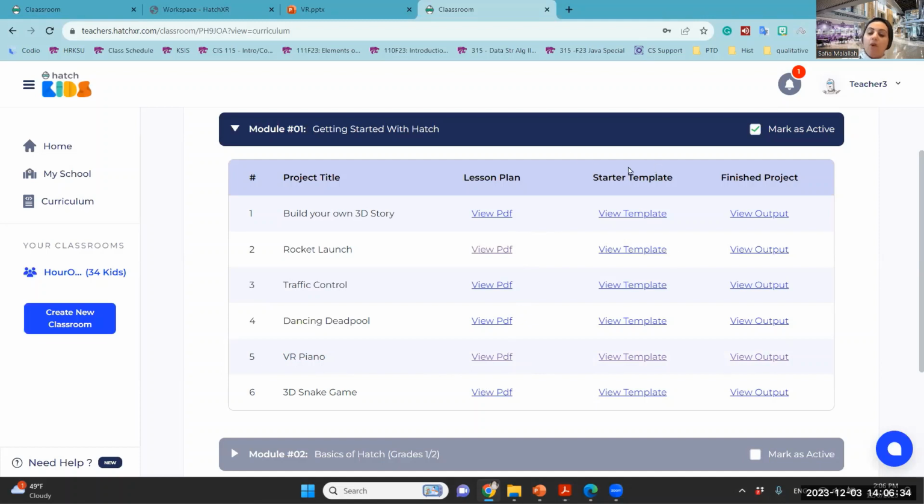For the template, they have an empty template that has all the necessary objects already developed and designed, where the student can take it and start modifying and adding code to it. Also, there is the finished project, which is like the key solution, where all the answers and all the code are already developed and designed. So when we click on view template, or let's go with the key answer, when we click on view output,